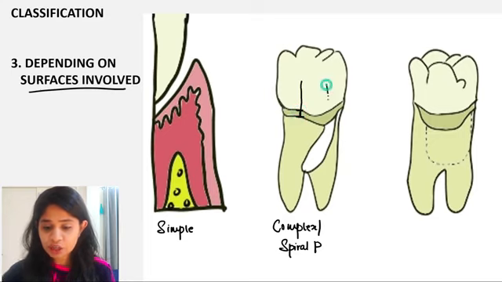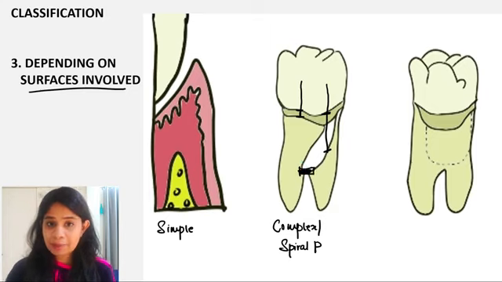If I place a periodontal probe here, it will give me this particular reading. But in this case, the base of the pocket is right here in this area. So remember, here the pocket is in a spiral shape and it is called a complex pocket. And the third category here is the compound pocket.